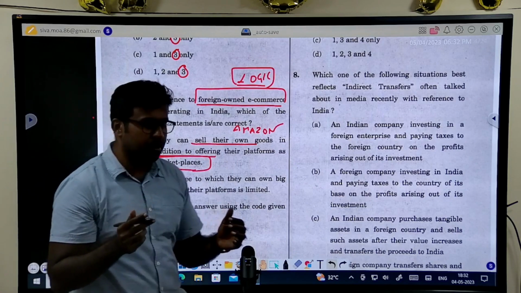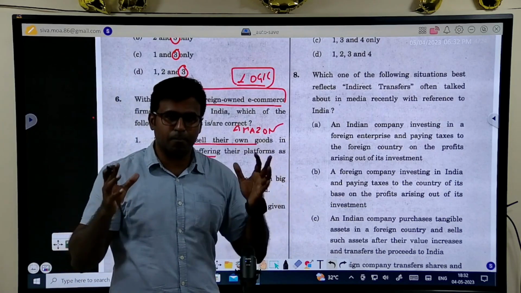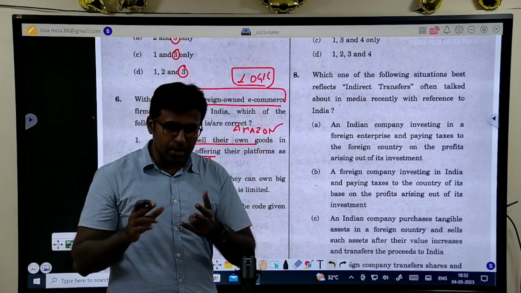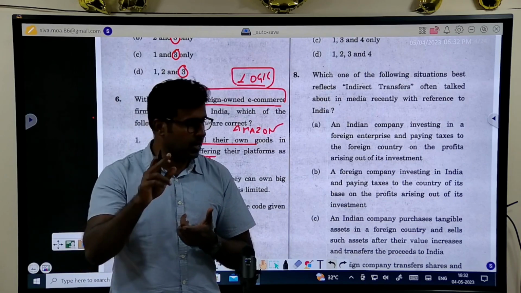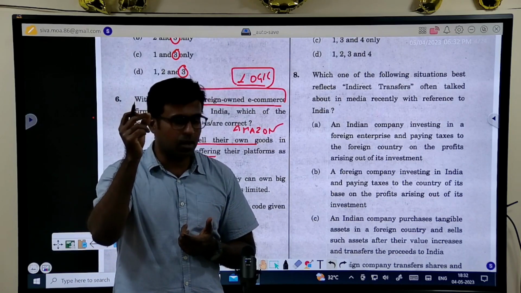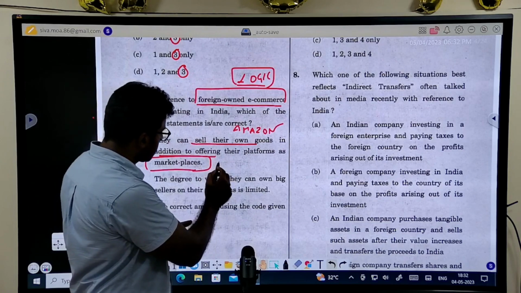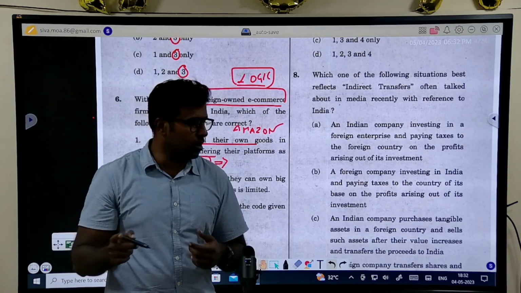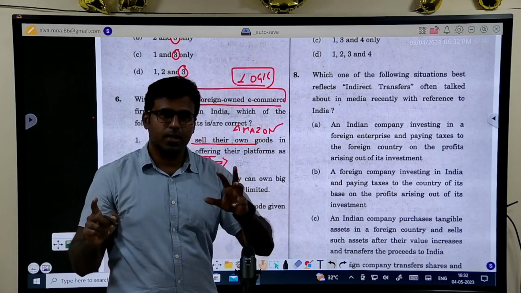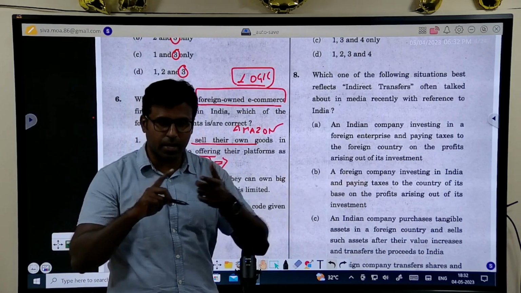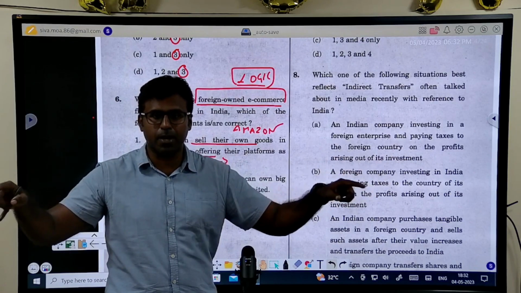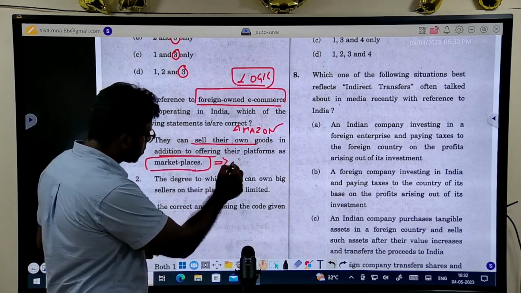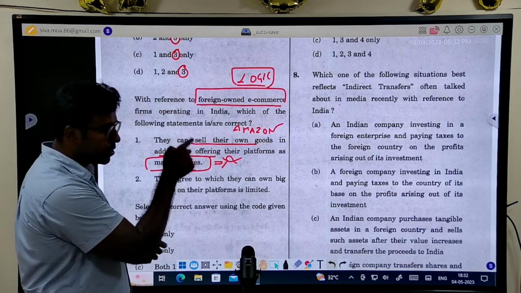See, you understand, Amazon is such a big player. If Amazon can sell a product, you think about it. You think about the logic. If Amazon can sell its product, then you will only buy Amazon products. You will never buy any other product because they have the capacity to track you in any platform, any social media platform. So this is actually wrong. They cannot. It is prohibited.